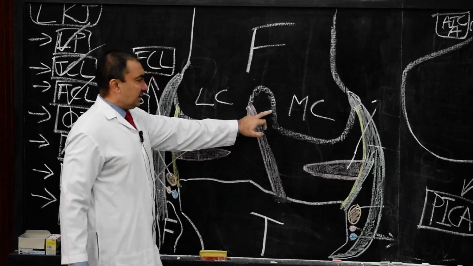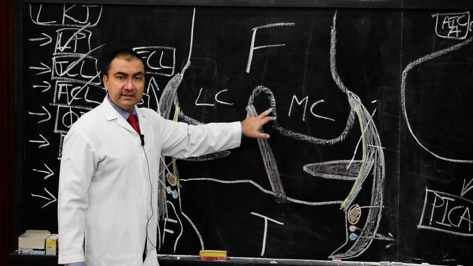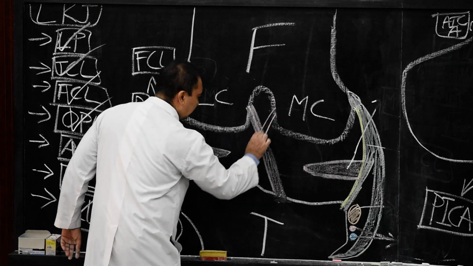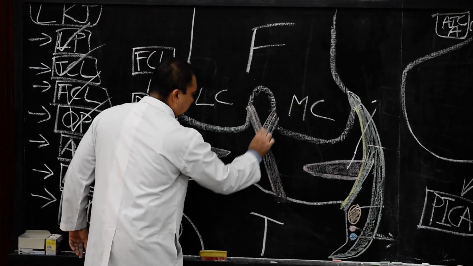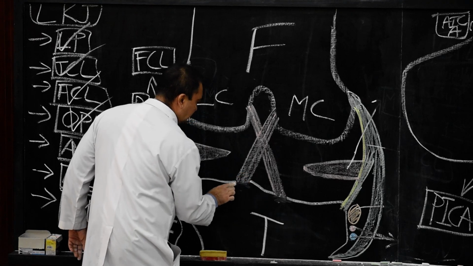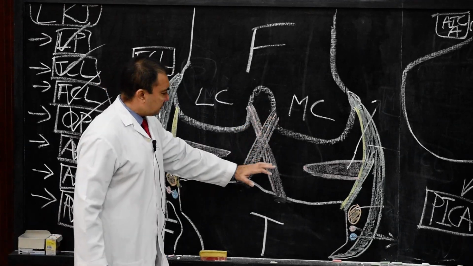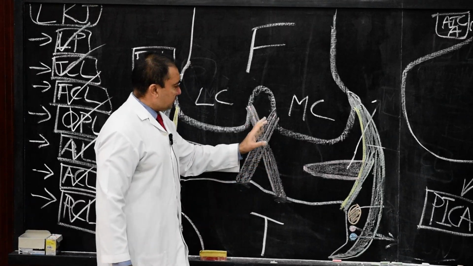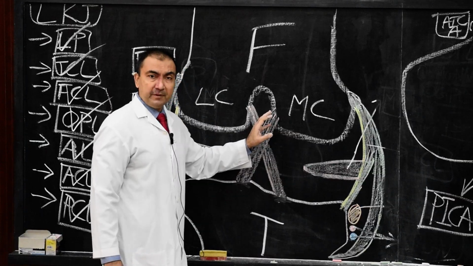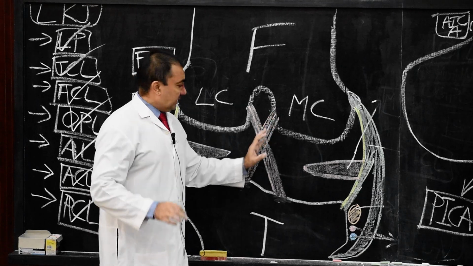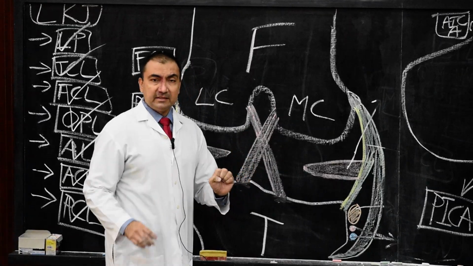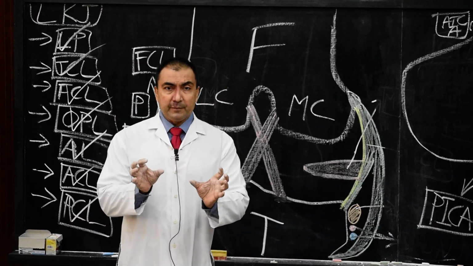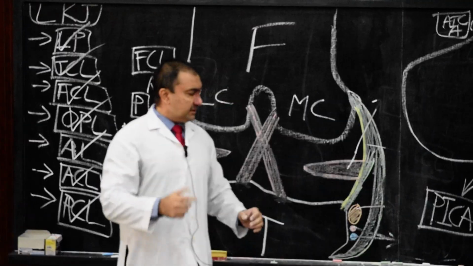The posterior cruciate ligament upper attachment will be on the lateral surface of medial condyle of femur, anteriorly. This is how the cruciate ligament upper attachment will be present. So these two attachments, as they are crossing in the form of X, are called cruciate ligaments. And these two cruciate ligaments, lower attachment and upper attachment, should be very clear. And as these ligaments are present in an X-like manner, they will prevent the lateral movements of tibia and fibula.